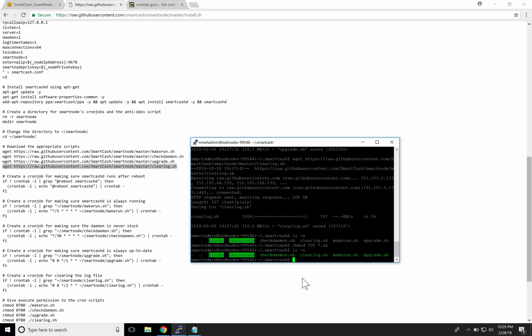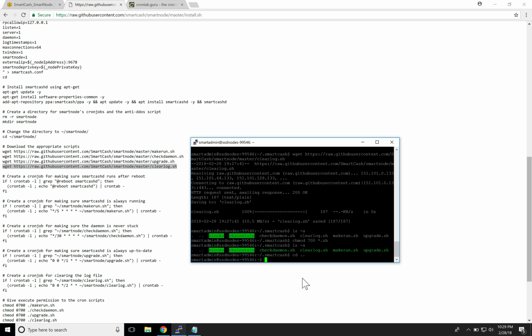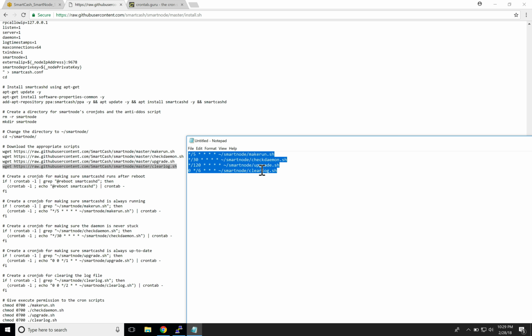And if you can't see the commands well enough on my screen, just ask me in the comments, or I'll even try to put them in the description for you. So I'm going to change directory, and I'm going to go one directory up. The reason for this is because the entries that should be inside the cron jobs